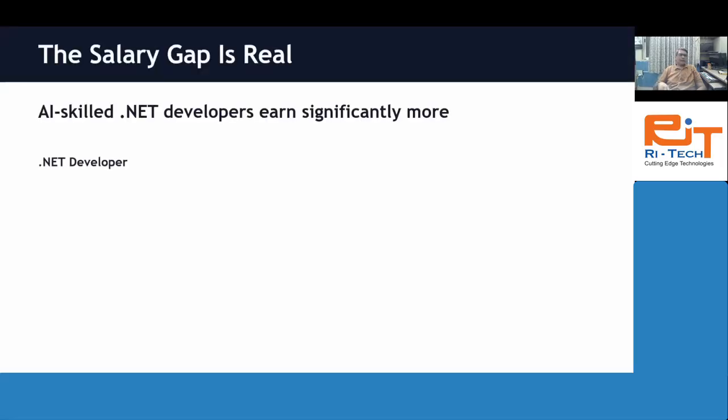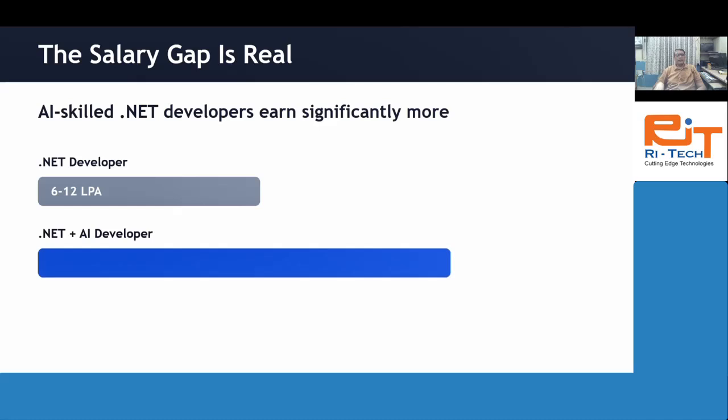Salary gap that I don't need to tell you, you already know that. So in general, developers having 2 to 4 years of experience will get the 4 to 12 lakhs per annum package. So same experienced developer with AI skills or ML skill can earn around 15 to 30 lakhs per annum.